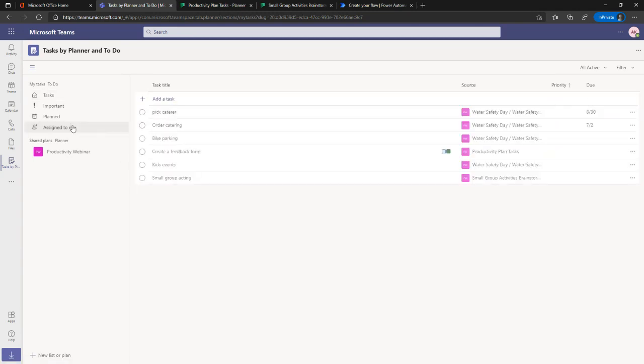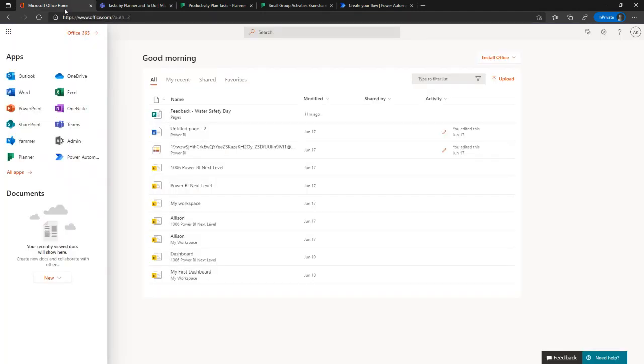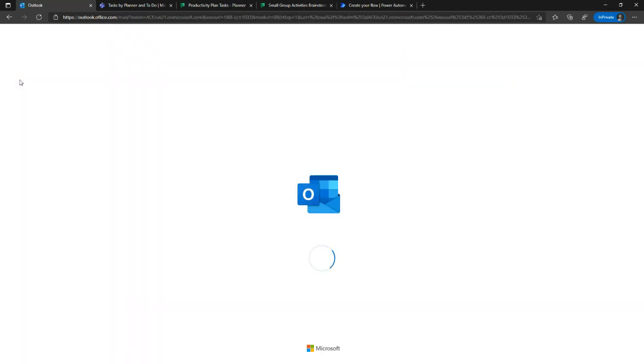So these are going to show up in your Tasks by Planner. These are all the ones that are assigned to you from plans. These are the ones that are assigned to you by yourself from tasks, right? These tasks in here are synced and linked to your Outlook tasks. I am not signed into the Outlook desktop app, but I can show you the Outlook web app with this training account. So if I open Outlook,